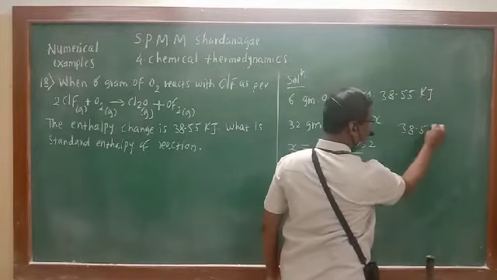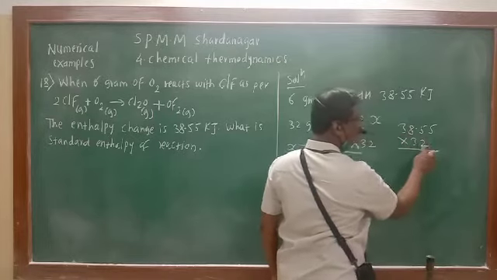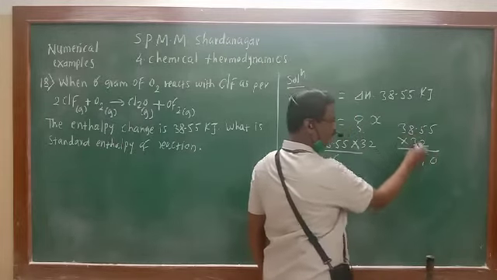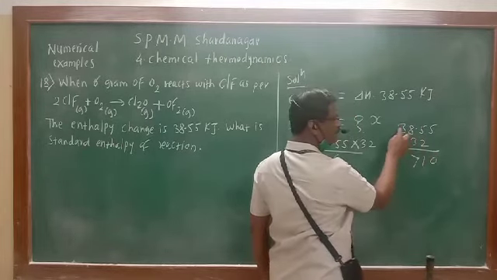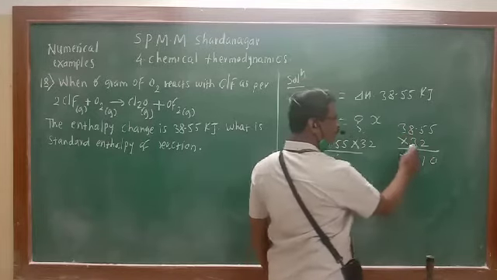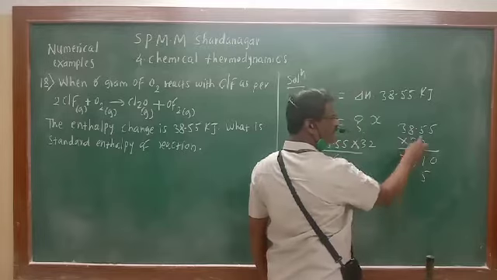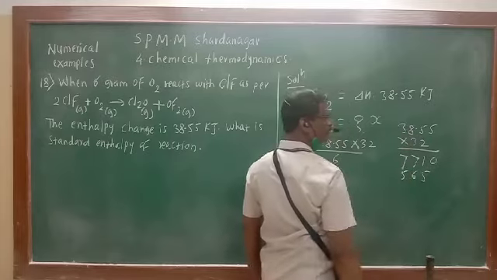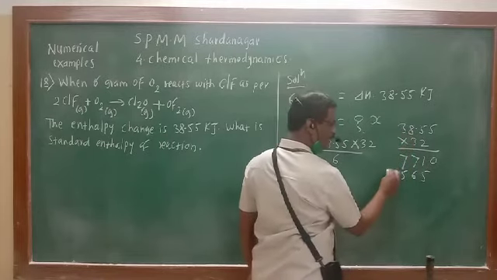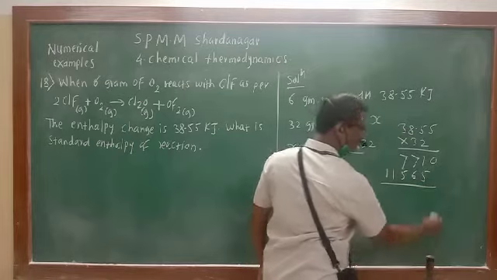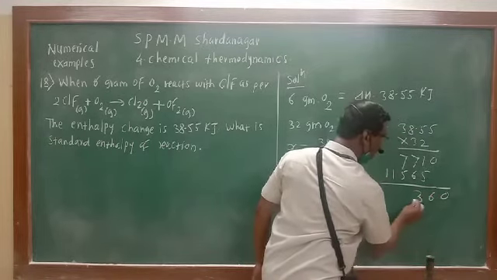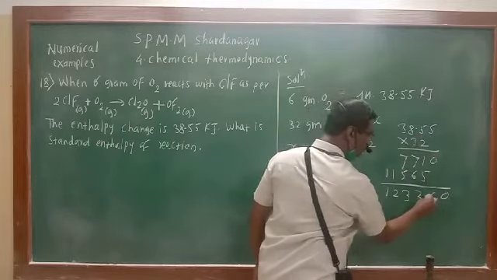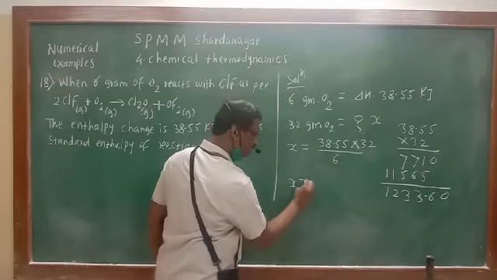So 38.55 multiplied by 32. 2 5s are 10, 2 5s are 10 plus 1, 11. 2 8s are 16 plus 1, 17. 2 3s are 6 plus 1, 7. Now 3 5s are 15, 1 is carried. 3 5s are 15 plus 1, 16. 3 8s are 24 plus 1, 25. 2 is carried. 3 3s are 9 plus 2, 11. Do the summation. 0, 6, 13. 1 is carried, so again 13, and now this is 12. So X is equal to 1233.60